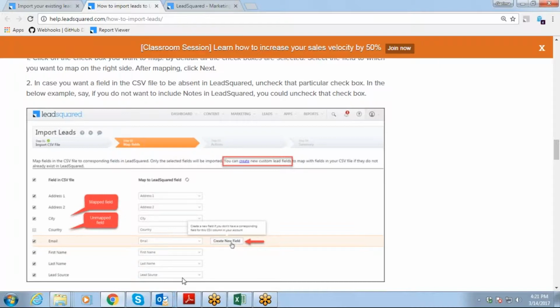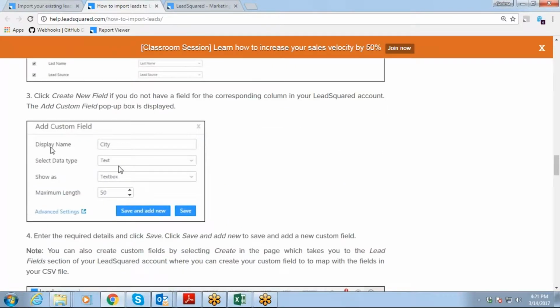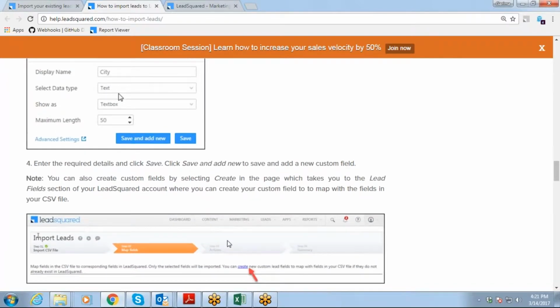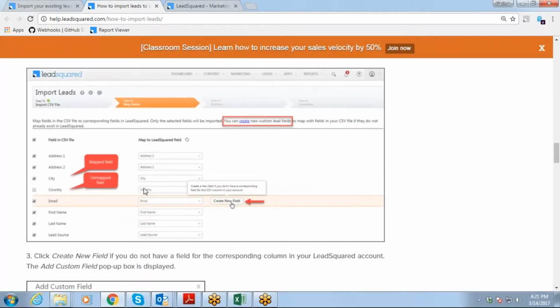If there is no field created in LeadSquared, you need to create a new field by clicking here. Whenever you click in here, it will ask you for the display name, the data type, everything. Please save it and add new, and then we'll move to the next. So what I'll show you here is